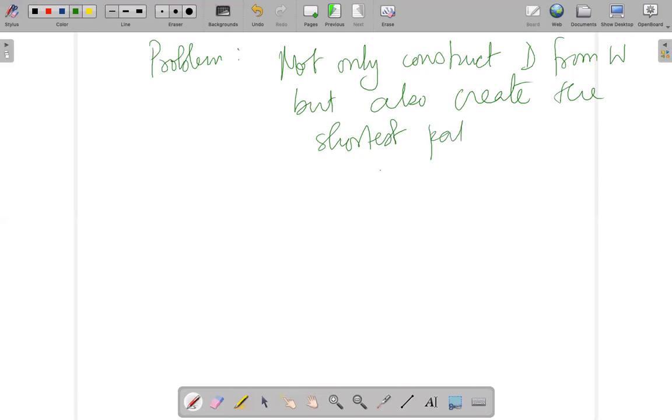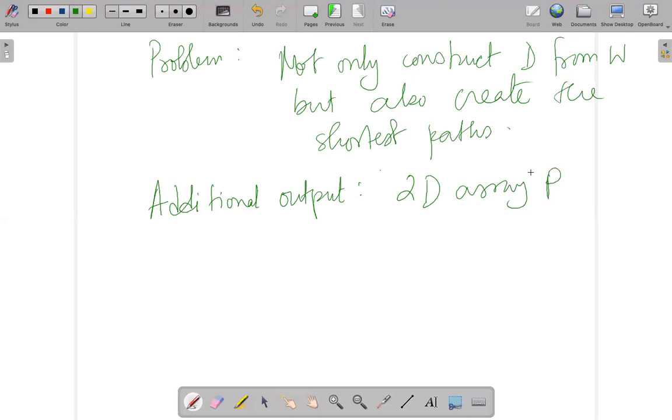For this, in addition to whatever we have produced as outputs in the previous algorithm, we will produce another output. This is an additional output, which is a 2D array P, okay,